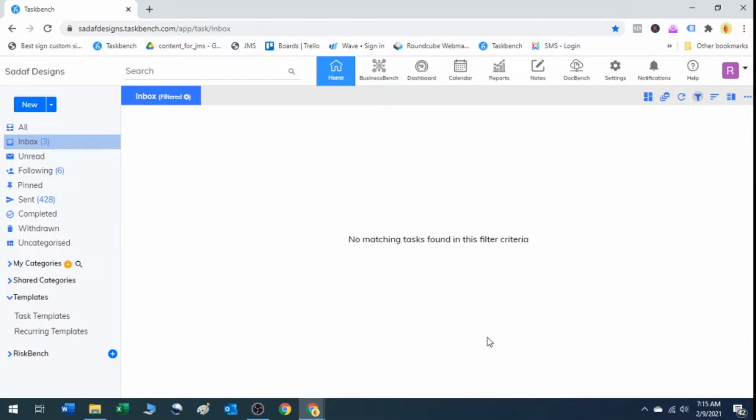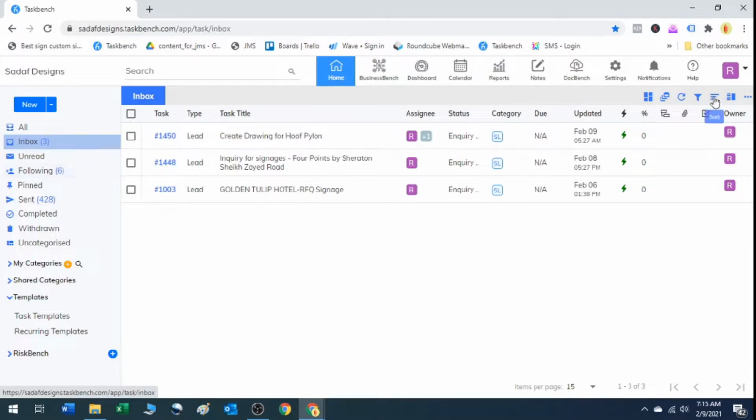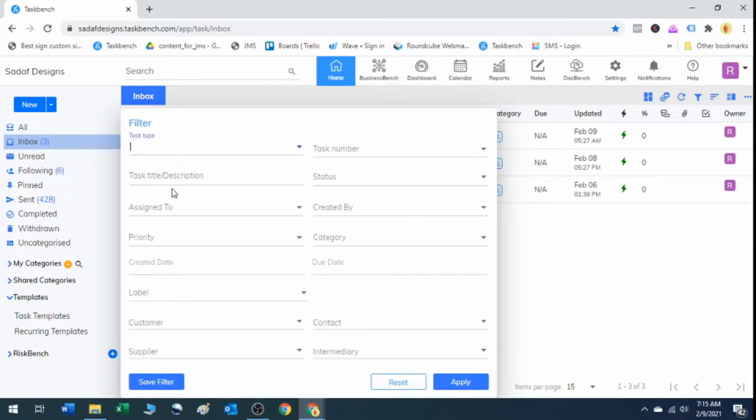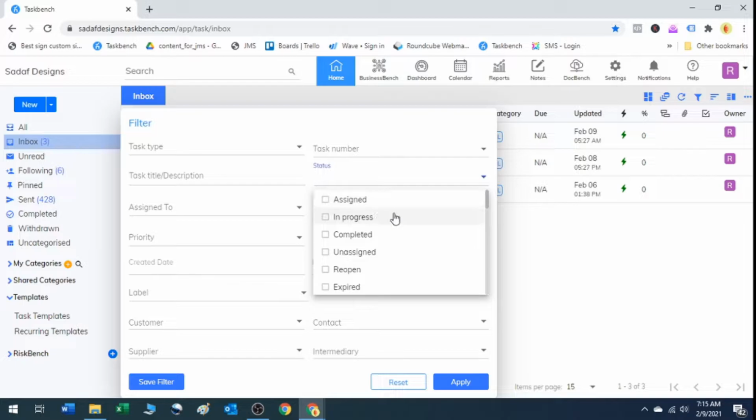Click, you will find the tasks which are assigned to you. In this case, there is nothing. Okay, let's go again to find out tasks